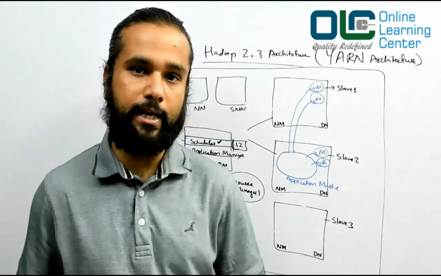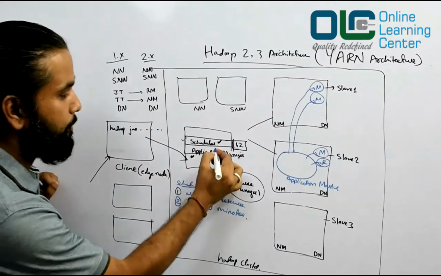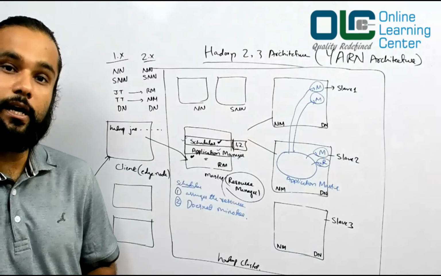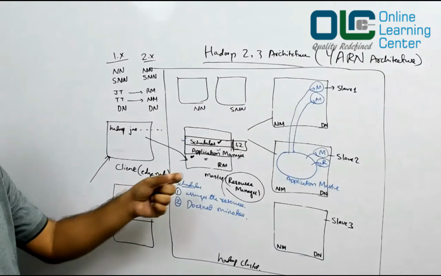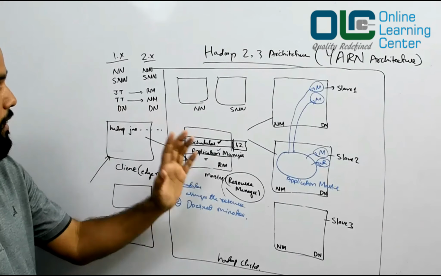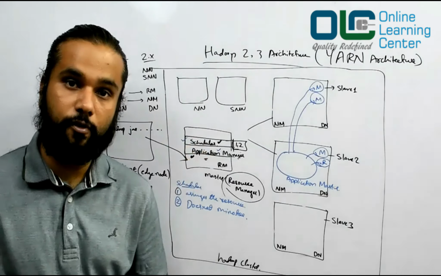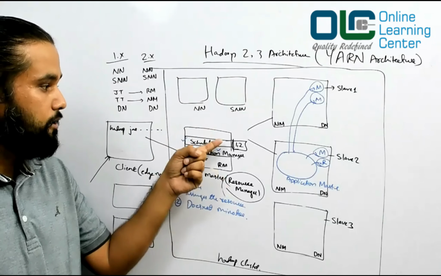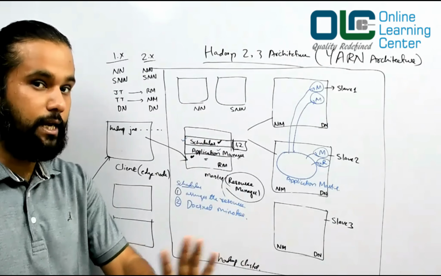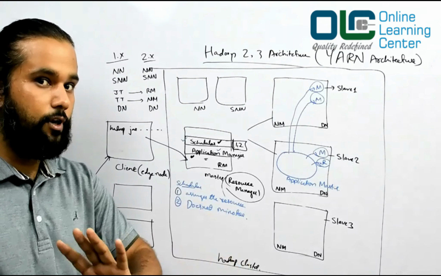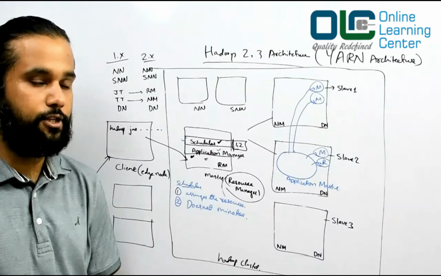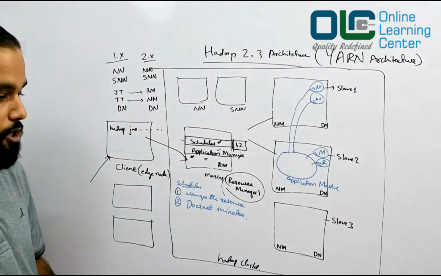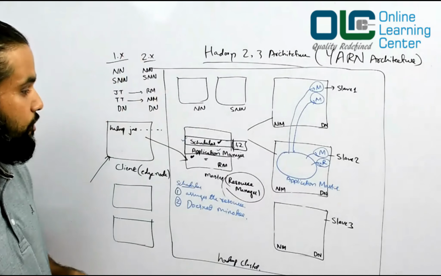Now the application manager. Now we are going to talk about this application manager. It accepts job submission from the client. That's what we have understood. This application manager would accept the job submission from the client. It goes to the resource manager, but the resource manager has two components. The first component is the scheduler, which does not accept any job. It basically will make things ready, but then the job is actually accepted by whom? The application manager. It launches an application master for each job.